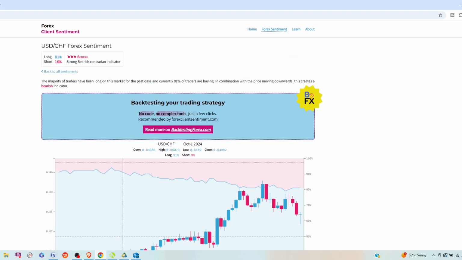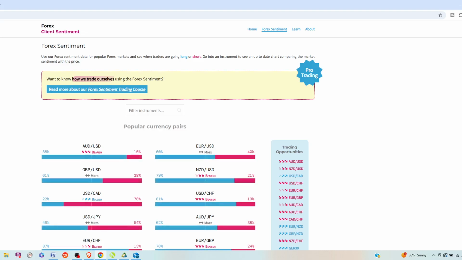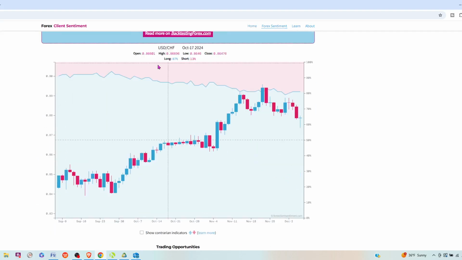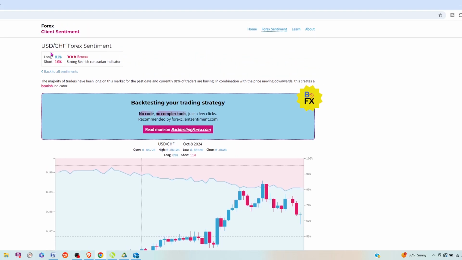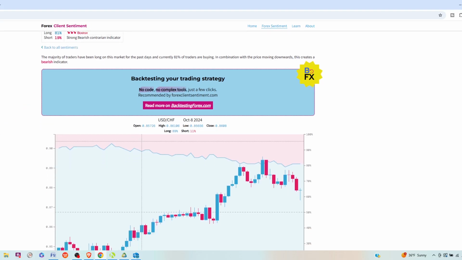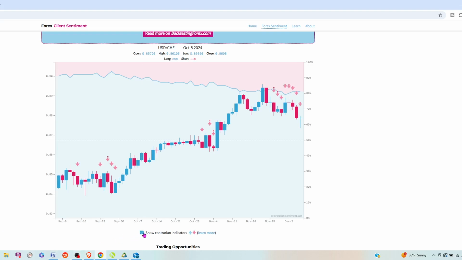Okay. So in that case, let's go back to that for a second. They have this showing as, because of this sentiment, you can see they have this little table up here. Because it's 81% long, they're showing this as an extreme bearish trading opportunity to go short, because the retail crowd is so net long. And that might be true. And if I turn on their little contrarian arrow indicators here, they are starting to show more of these red arrows pointing to downside.